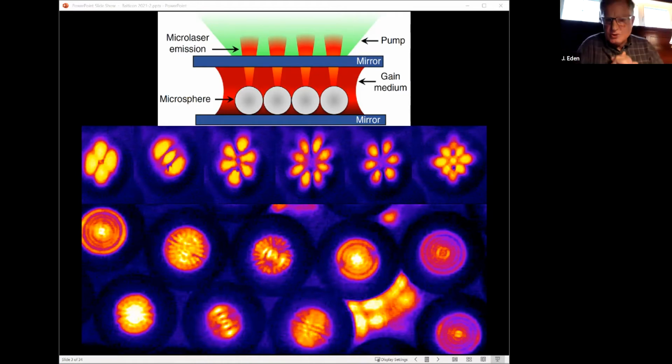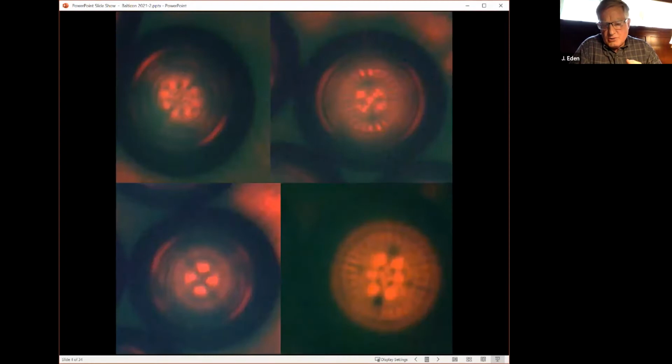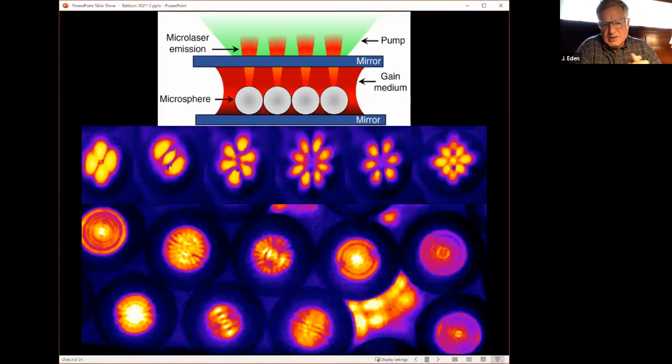Well, I want to introduce you to a new type of laser that produces not one laser beam, but literally thousands simultaneously. And if I could direct your attention to the diagram at the top of that slide, thank you, Sid. At the top, there's a simple diagram showing that we're going to change the laser by introducing an array, actually a two-dimensional array of microspheres that rest on the lower mirror. And so we have a gain medium.